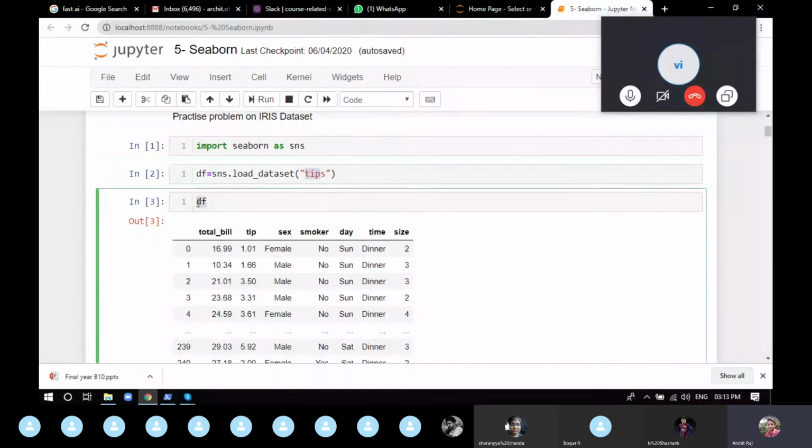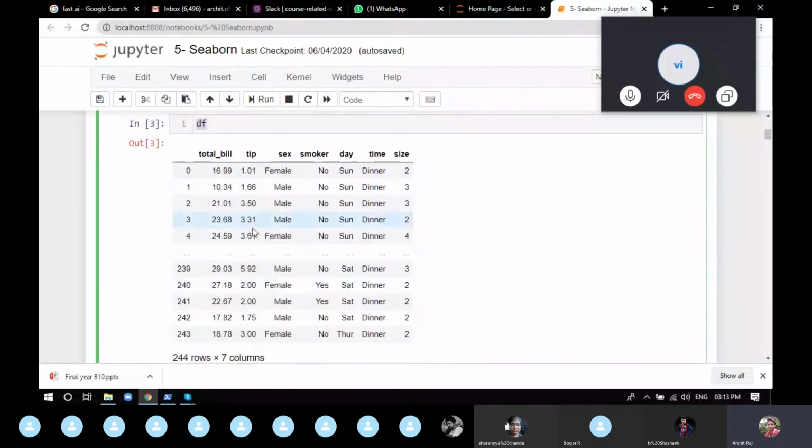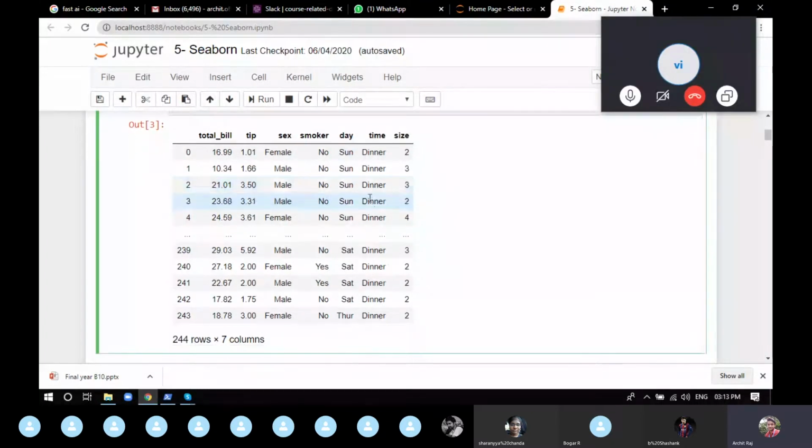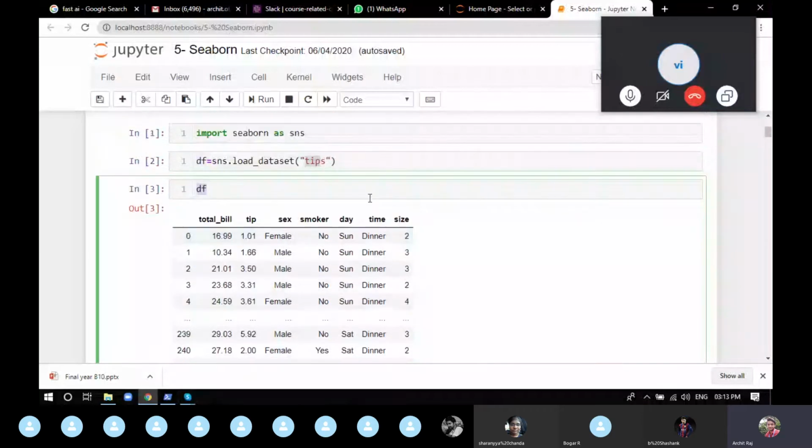So what this dataset represents is a restaurant dataset which tells you, for a single guy or single girl, what is the total bill that they made, how much tip they gave to the waiter, their sex, smoker, day, time, and size. So we can see there are 7 attributes and rows 0 to 243, which means 244 rows. It means there are 244 entries of different people.